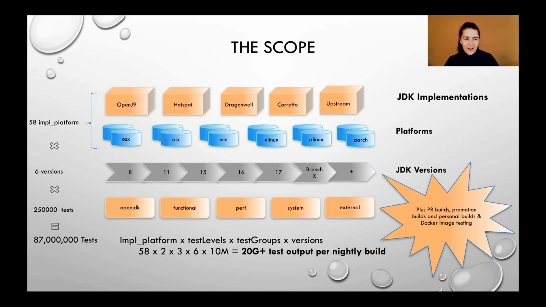The scope of our work, and this is a loose depiction of the scope, is that we build and run tests against a lot of different implementations on a whole lot of different platforms. I think of all the distributors out there, we've really got one of the largest sets of platforms that we cover. And at any given time, we are doing this across several versions of the JDK. Obviously the LTS versions 8, 11, and soon to be 17, but all of those interim short-term versions as well.